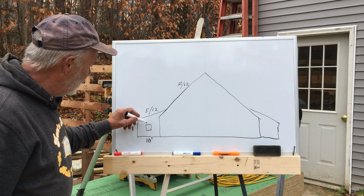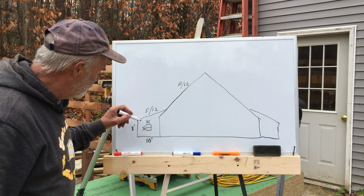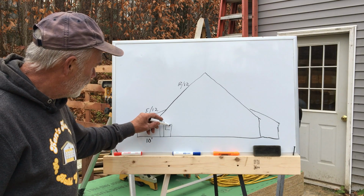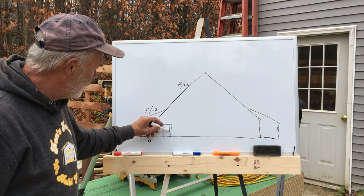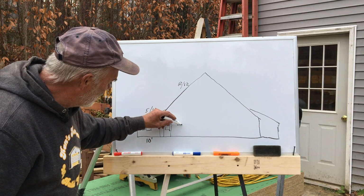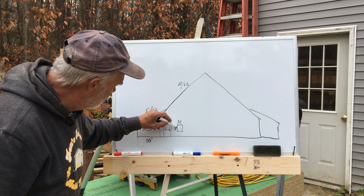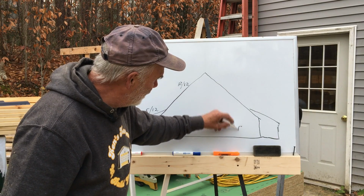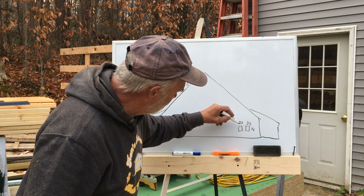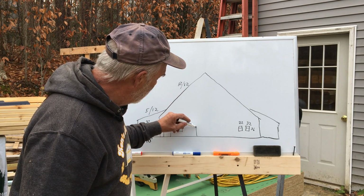Centered in here will be a 32 by 36 window, double hung. There'll be a 36-inch man door here. Pretty sure it'll have glass, doorknob and so on. Then another, again, this is not to scale, another 32 by 36, doing them all the same across the bottom. There'll be 2 over here, 32 by 36 high. And in the center will be a 7-foot high, 9-foot wide